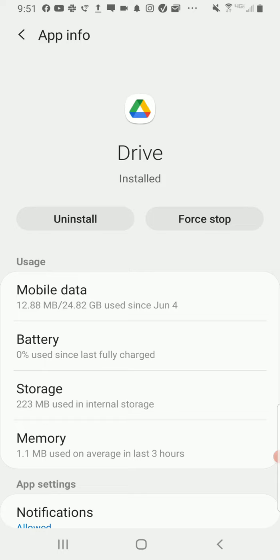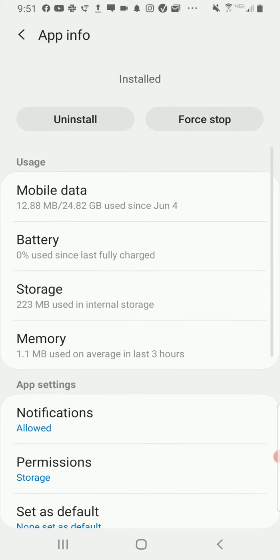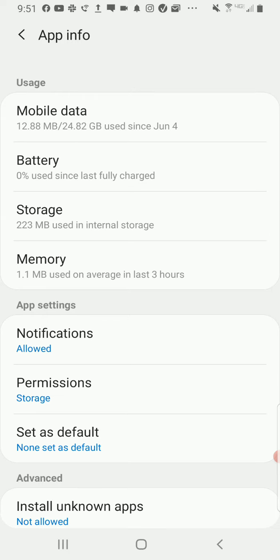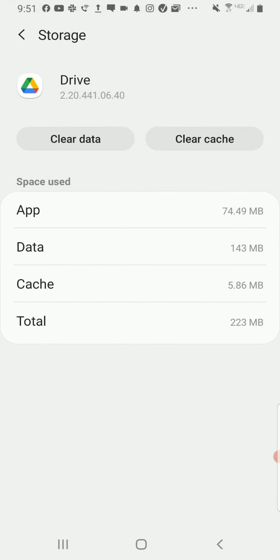force stop it. Like if you just need it to not be running in the background anymore, you use the force stop thing. Anyways, I'm not too sure why we would need to do that right now, but there is a time when that would be needed. But the useful one is, I believe, if I click on storage here, if I go clear cache, that kind of just frees up, I guess, data that's in limbo somewhere, and it allows the app to work smoother. So clear cache is one, and then if you